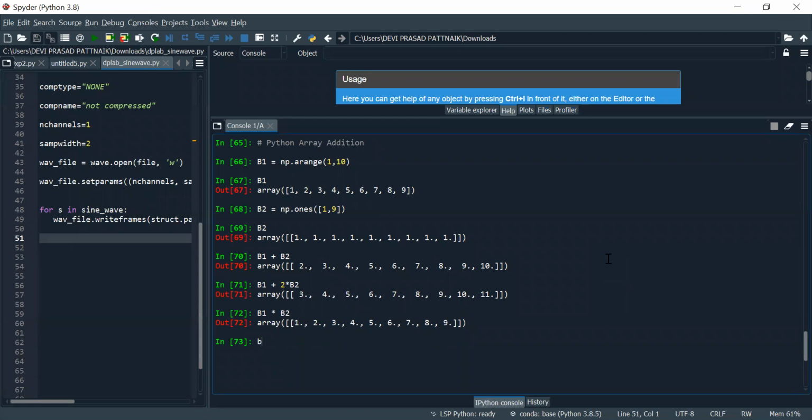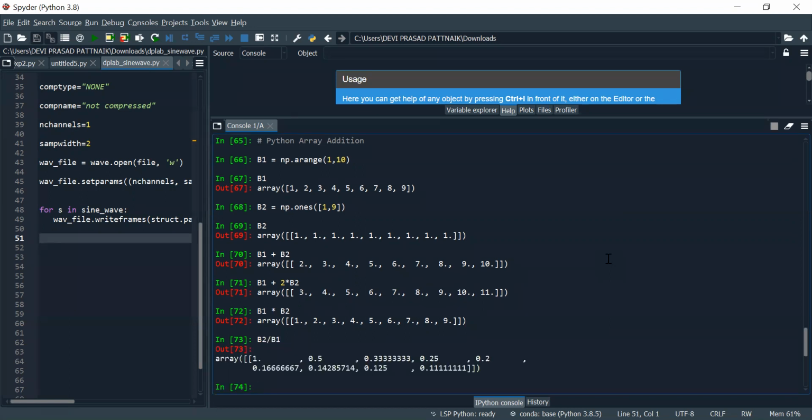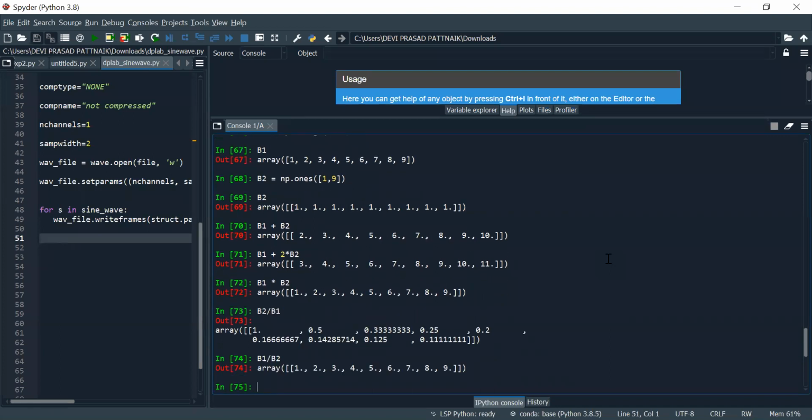Let's try B2 divided by B1. Or let me write B1 divided by B2.